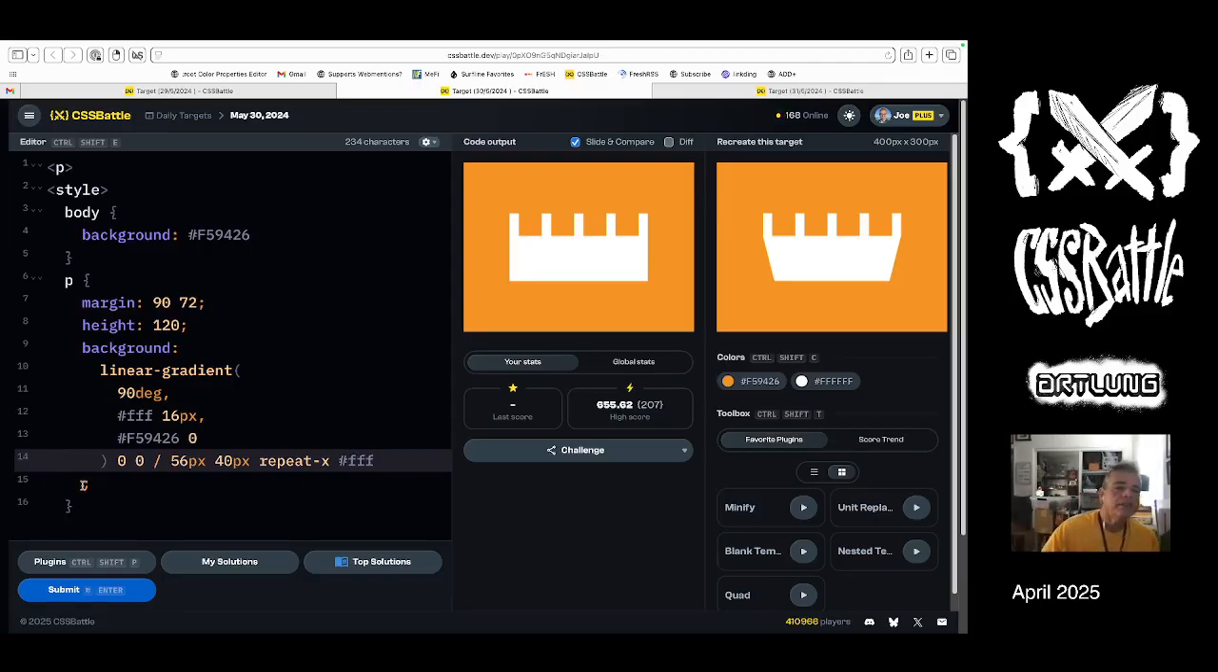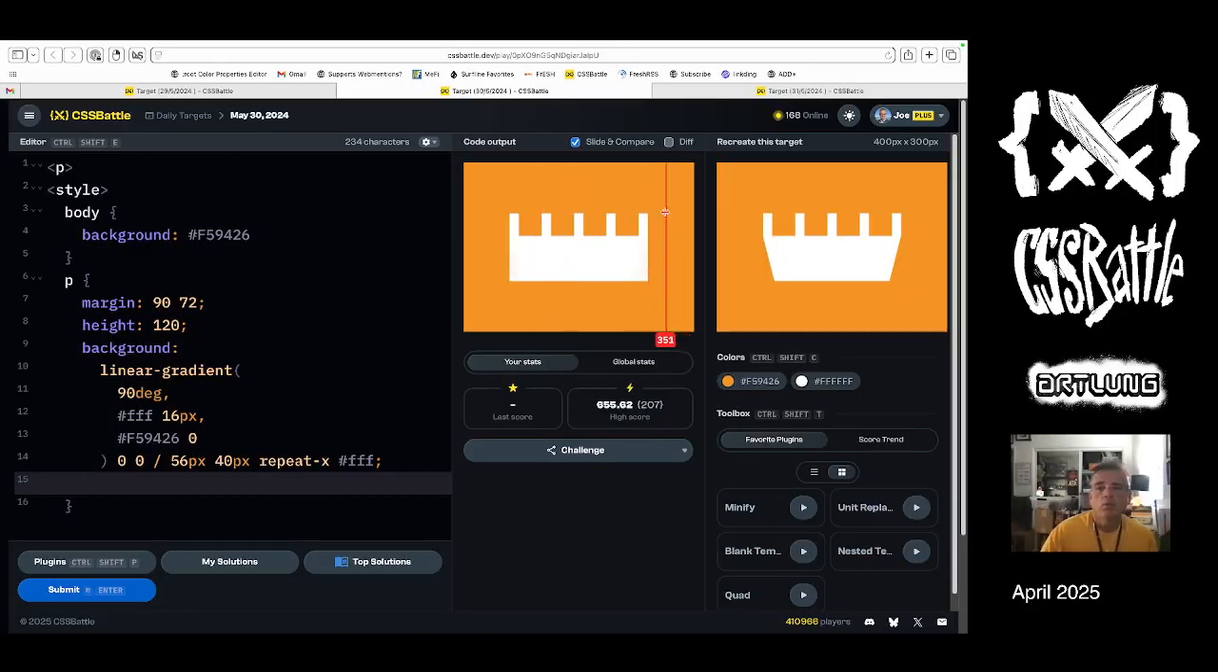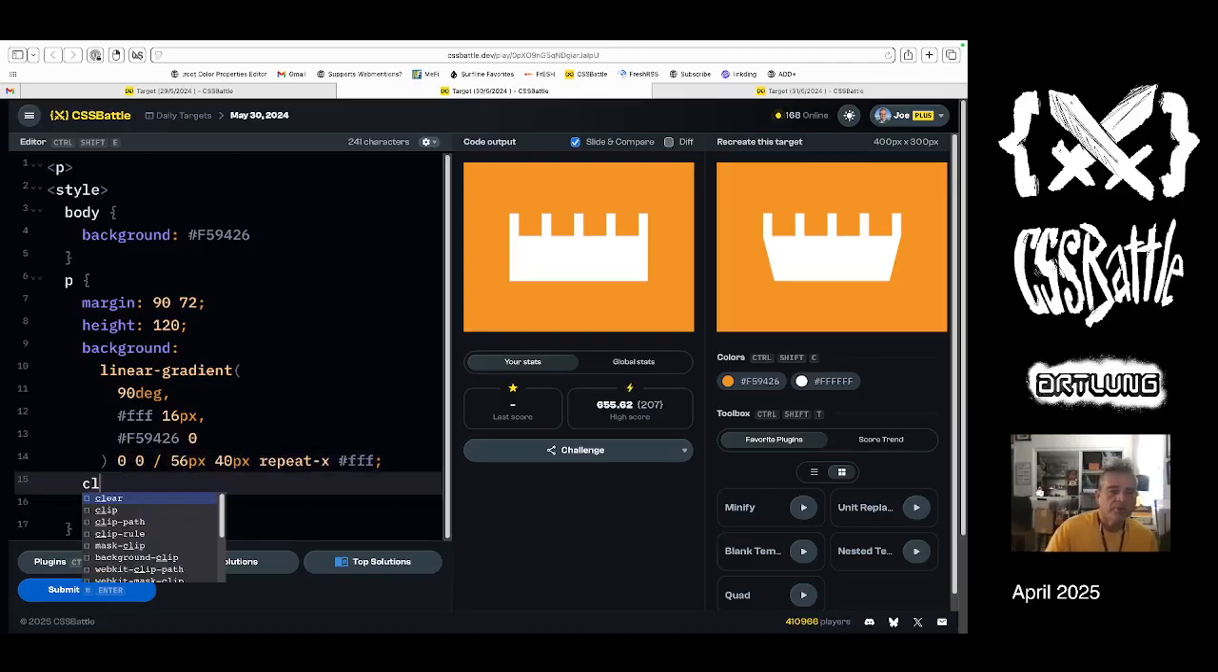I am feeling today, this is a clip path, but I want to do it with 5. So, 1, 2, 3, 4, 5, 6. I want to do it with 5. Let's see if I can do it with 5. Genuinely curious whether this will work. Clip path, polygon,